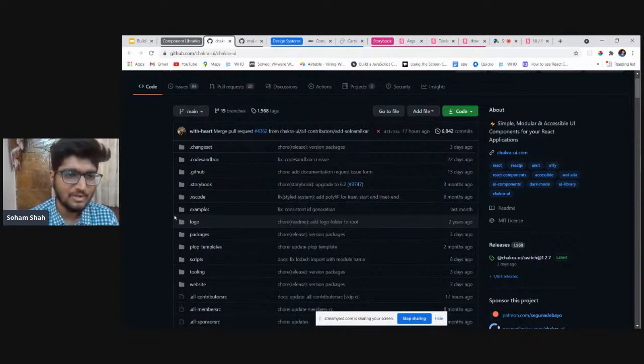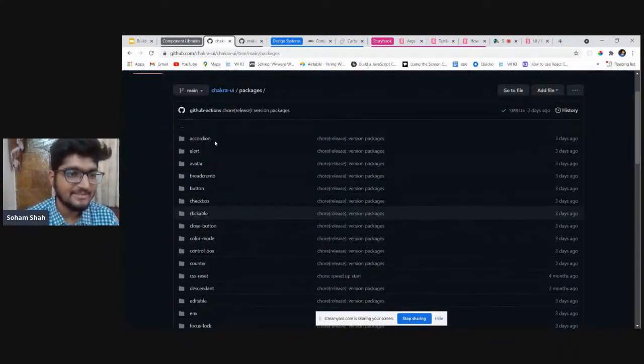So let me give a very short explanation about Yarn Workspaces. It's basically that we have a lot of packages inside one big package. So this is a mono repo which is storing a lot of packages, and these packages are interdependent. So for example, there's a package named icons and there's a package named component for a button. So in button, if you want an icon, they are interdependent. So it makes much more sense to put them in one repo so they can use their components internally, and they are published directly as packages.